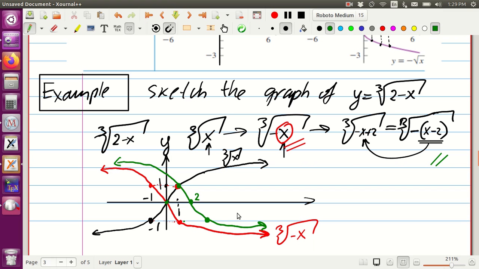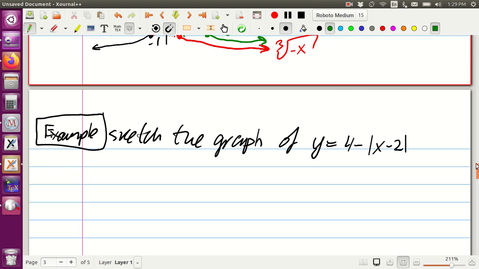Okay, so this green function is cube root of 2 minus x, which is exactly this expression over here. So we did this exercise. The next one says